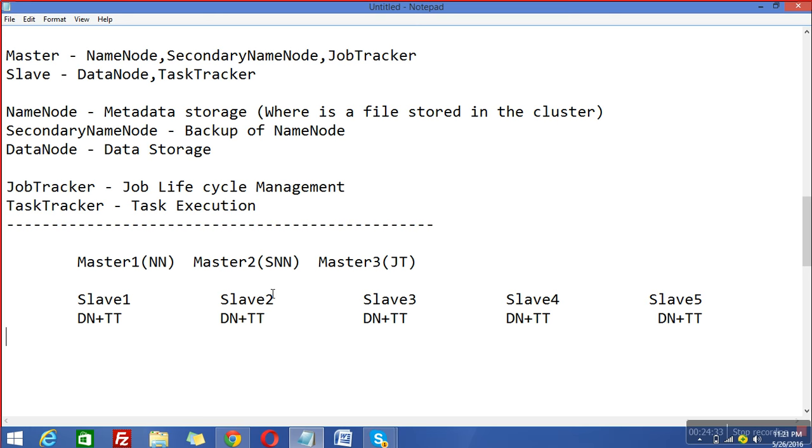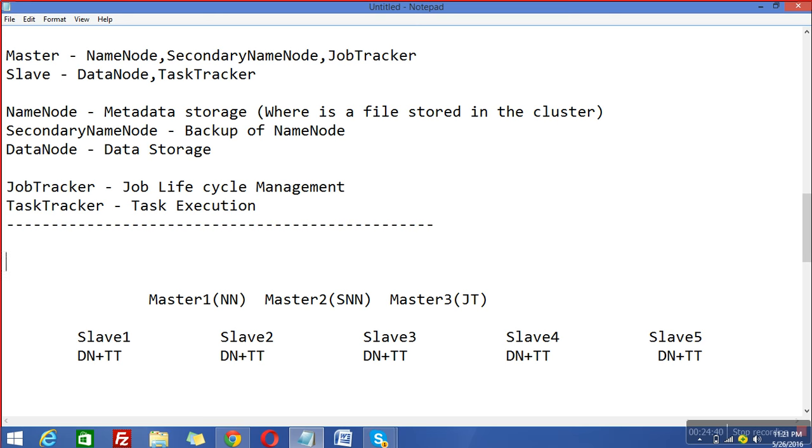So it's a 5 slaves, 3 masters, 8 nodes cluster of Hadoop, and we can say it's a multi-node Hadoop cluster. So there are a total of 8 nodes. Now let's say after 5 terabytes of storage we need 2 additional terabytes of storage, then we can add 2 more slaves with a 1 TB hard disk in each slave. Correct? Correct. So it's just an example of a Hadoop cluster.